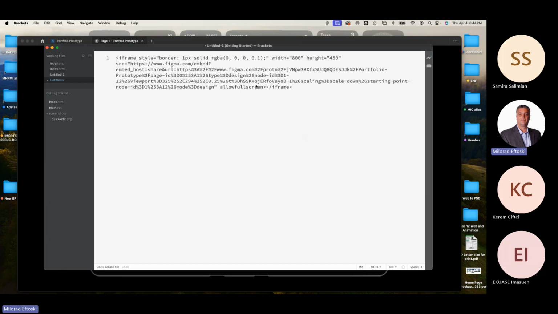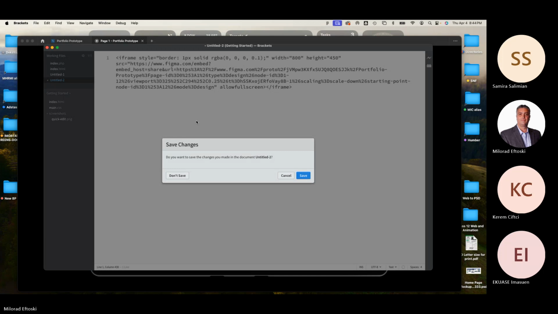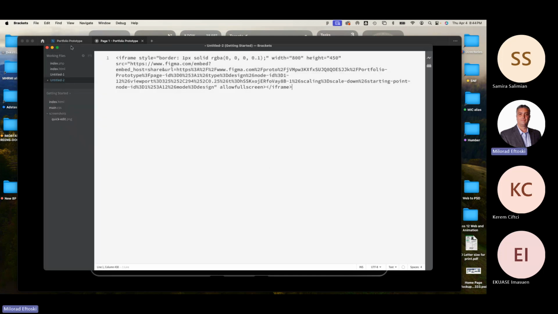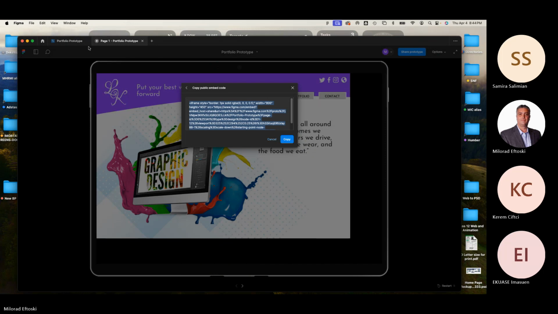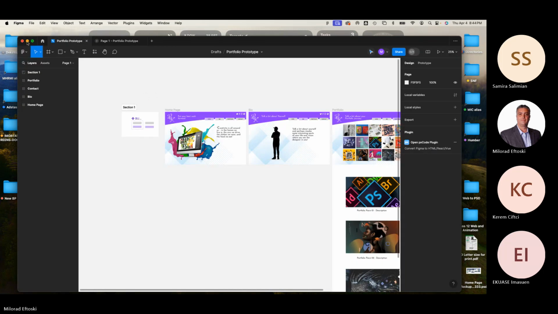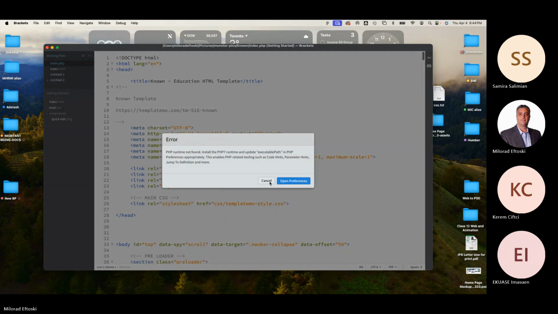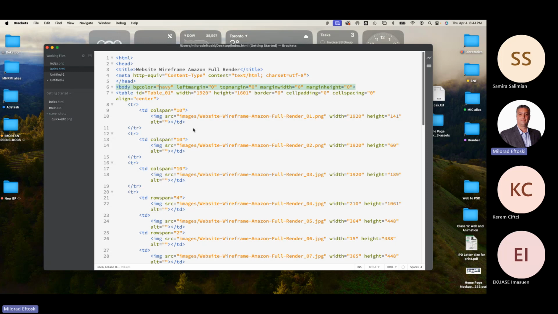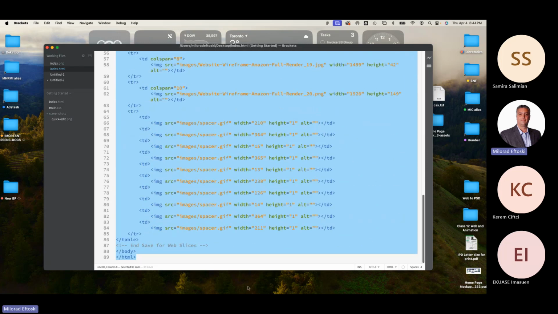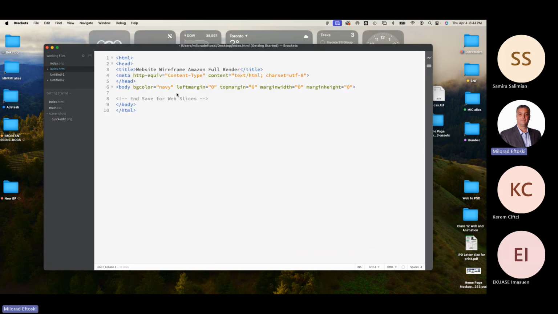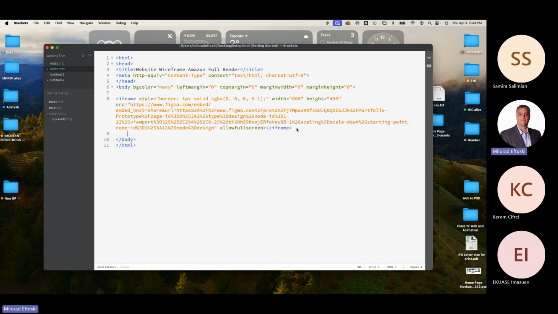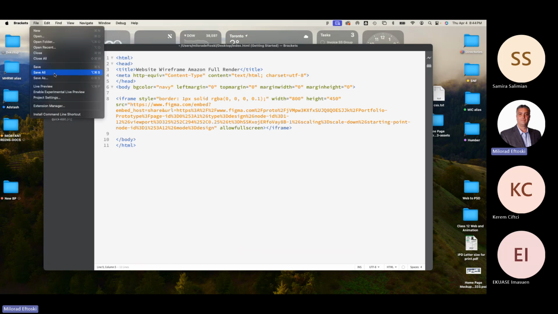I'll put it in HTML. Forget the body. I'm just going to delete the whole table here, and I'll put the Figma code right here like it's an iframe code,